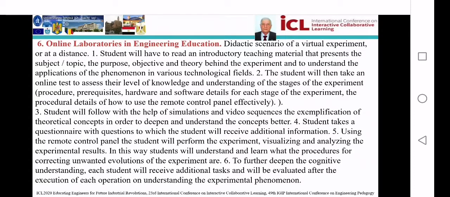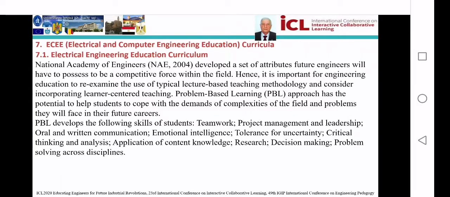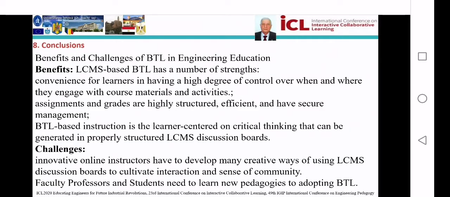We considered a didactic scenario of a virtual experiment, hardware necessary to create experiments, some elements how to develop curricula for electrical engineering education and computer engineering education, and finally, conclusions, benefits,